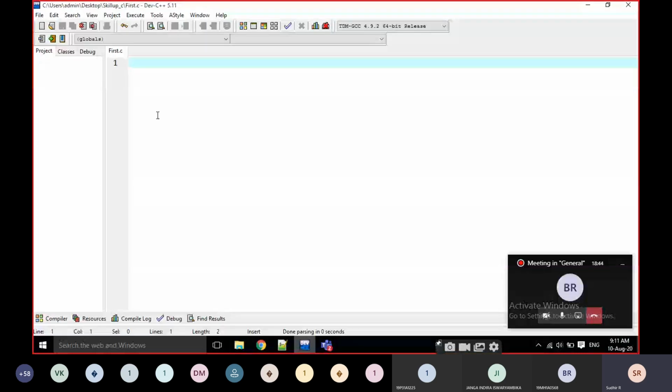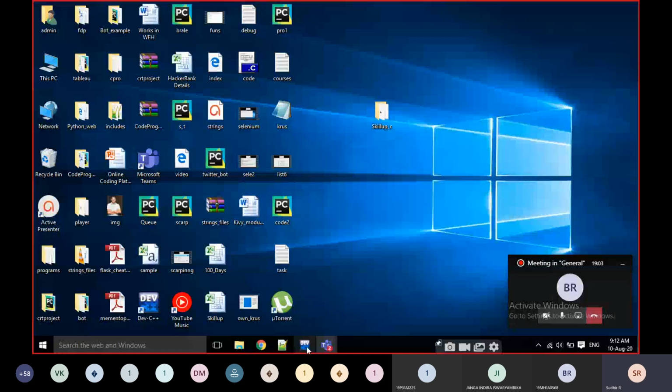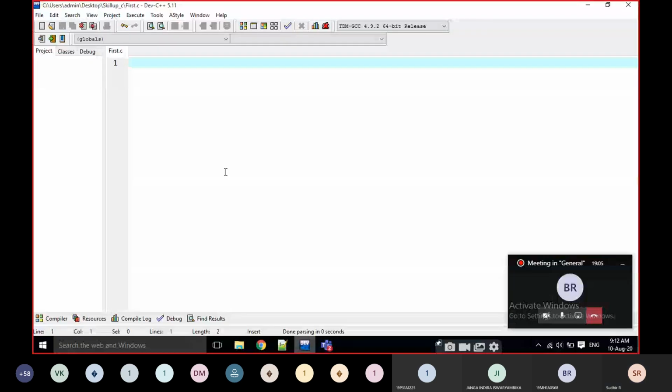Control N to create a new file, Control S to save the file. Clear, everyone? First of all, the software we are using is Dev C++. After installation, it gives a shortcut on the desktop. Click on that, and after the software opens, press Control N. This is the file where we are going to write the C program.